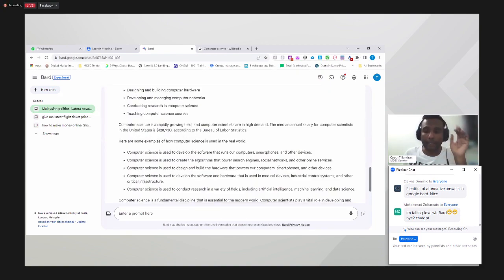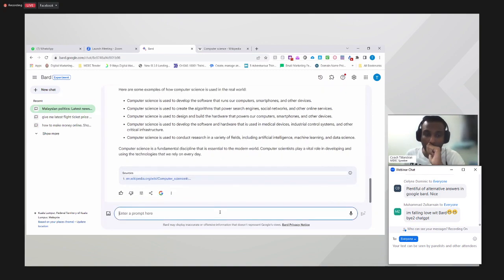Another feature in Google Bard is that we can get live information. I mentioned earlier that Google Bard is integrated with Google Flights, hotels, YouTube and so on. So I want to do a demo of how we can get the latest information about flights and hotels.